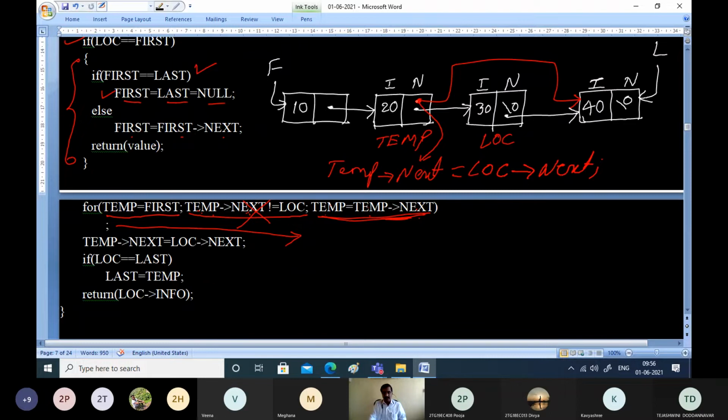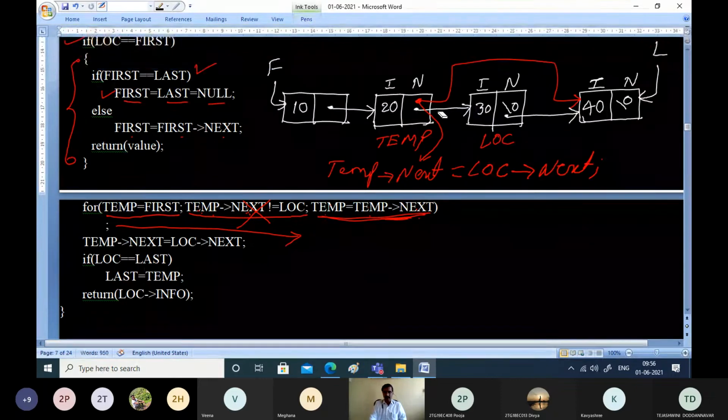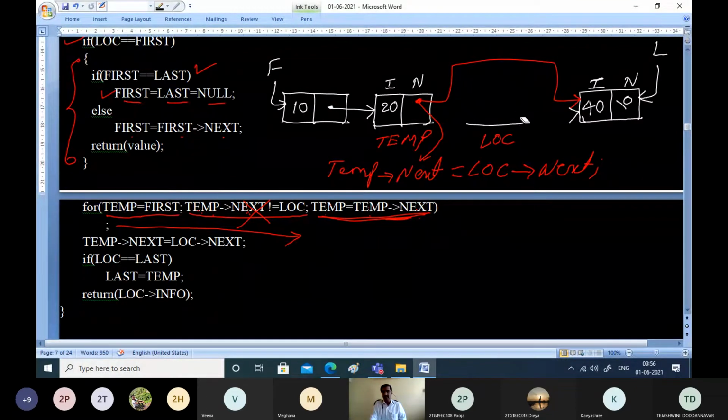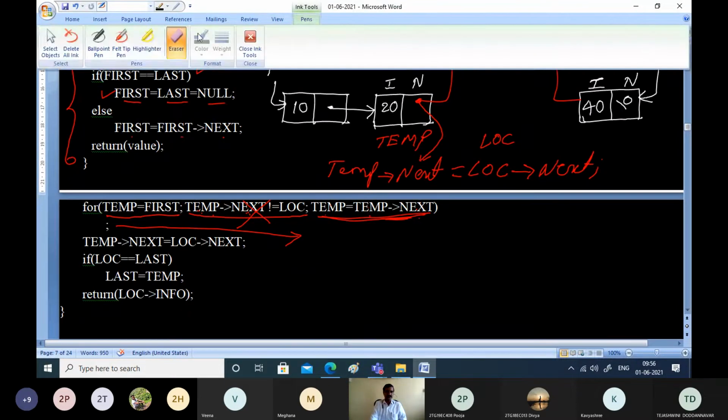In other words, the next field of the temporary node is pointing to the next node of the node to be deleted. I'll repeat it once again. The next pointer of the temporary node is pointing to the next node of the node to be deleted. So when such an assignment happens, automatically this node will lose its existence.